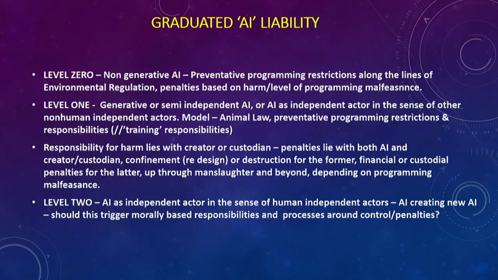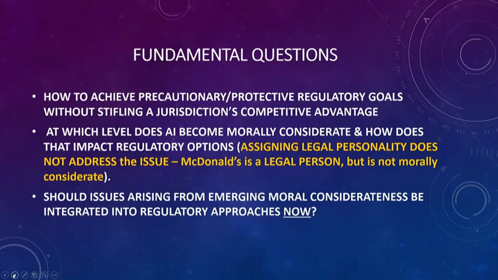Yep, okay, I'm almost done. That models animal law, where if you have something that can act independently and you don't control it, you're liable. It's interesting maybe for you guys to know that you could be liable up through manslaughter. And level 2 is when it's an independent actor and it can create its own AI, and then that would be like what we would call maybe true thinking minds. And that's the end. The fundamental questions are, how do you achieve precautionary and protective regulatory goals without stifling a